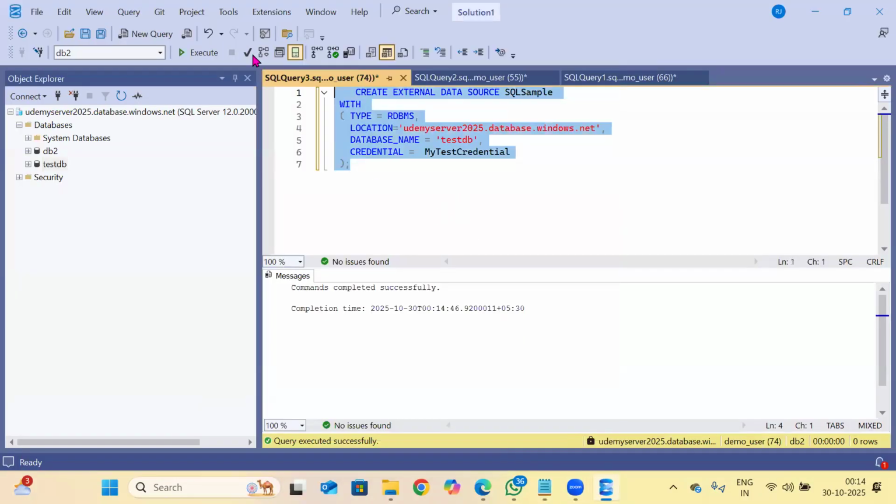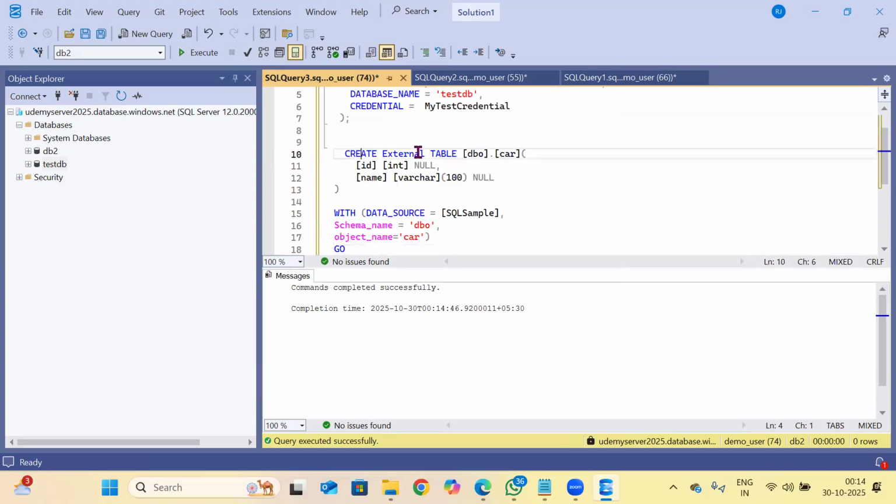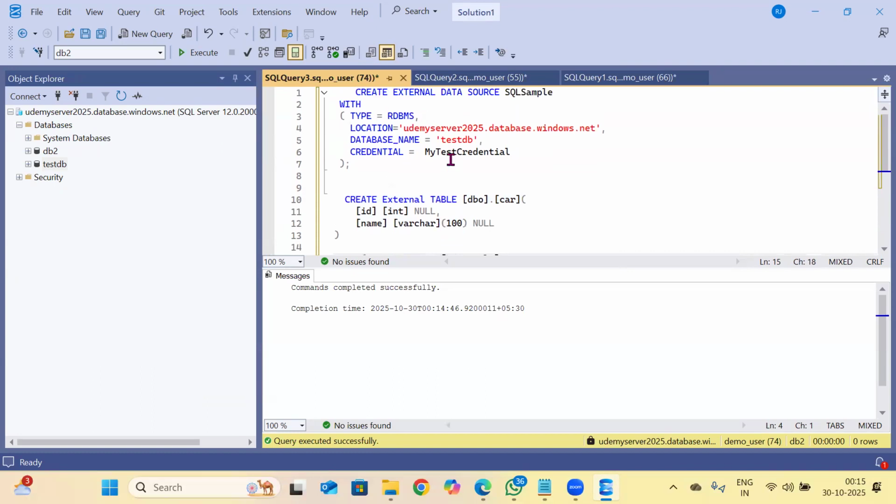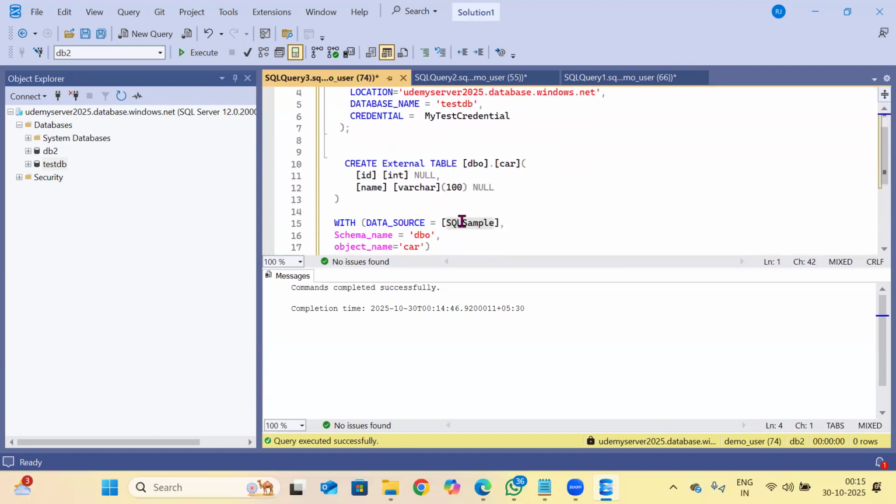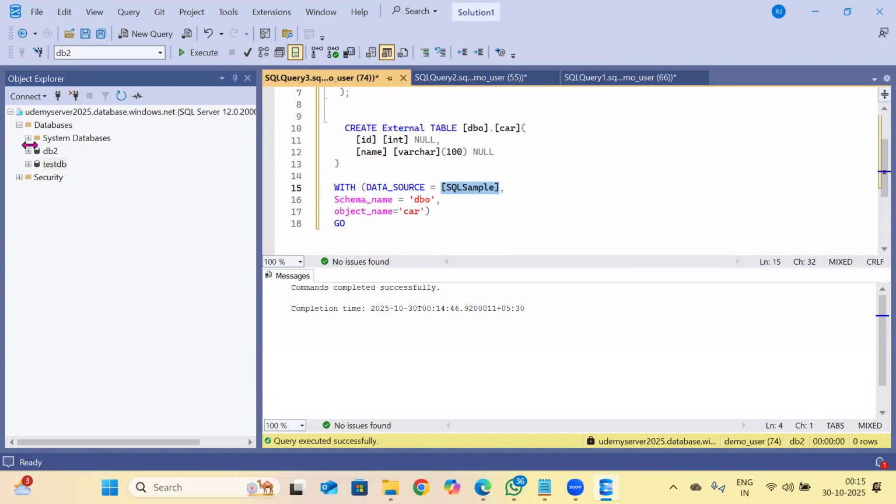Right? So we are going to create the external table. I will take this next. Create external table means you have to script out. In the last video session I have already explained, this is the same thing: the table which you will script out, and then after that you have to add the data source name. The data source we have created, this SQL sample, that one we have to give, and the schema name, that one we have to give, and we have to give the